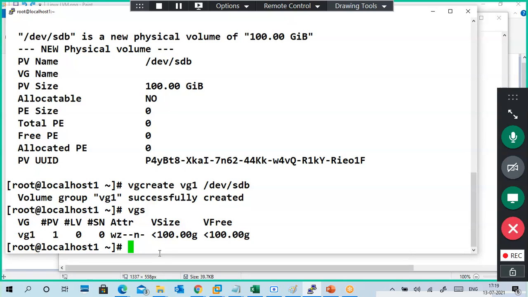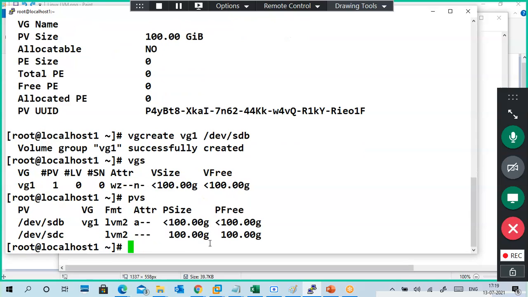I want to add a second disk also, sdc, because I have two physical volumes. If you want to see, pvs: sdb is assigned to volume group 1, sdc is not assigned. You can see the greater than marks and no greater than marks, like that; you can check it.